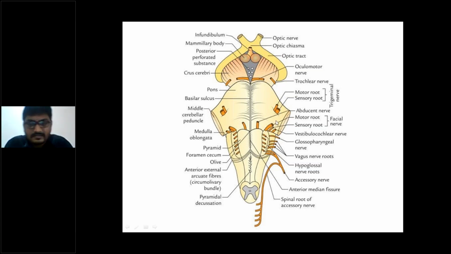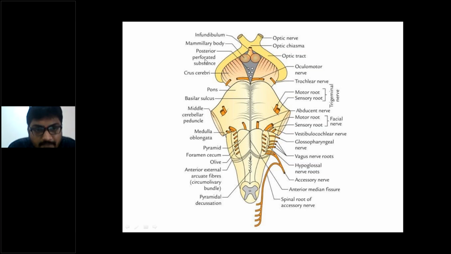See, why I have focused on this image is that they have asked about this mammillary body, right? They label the infundibulum as A, mammillary body as B, posterior perforated substance as C, and the oculomotor nerve as D. They have given one question about the function of the perforated substance, and this function is performed by which of the following structures. So the answer will be C.